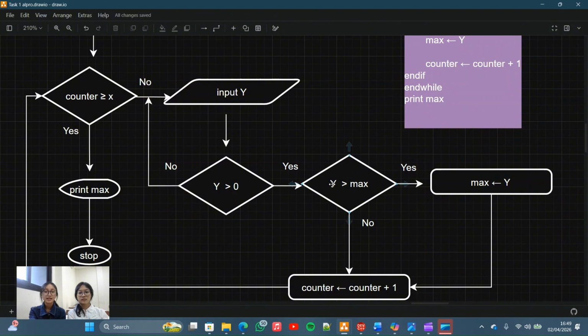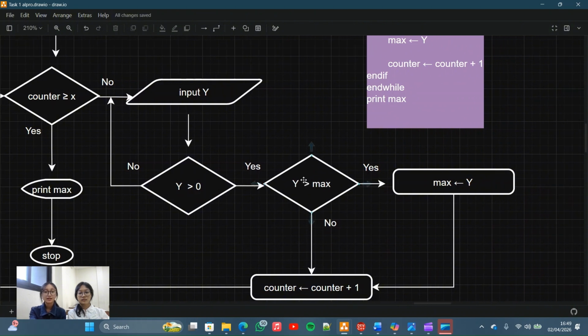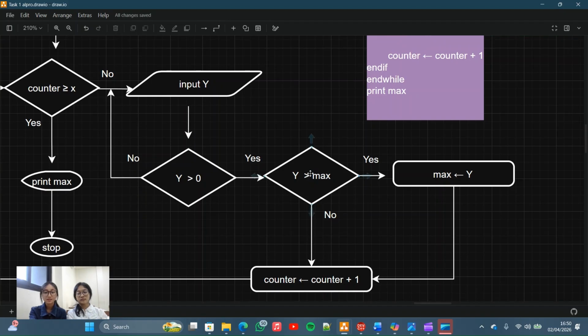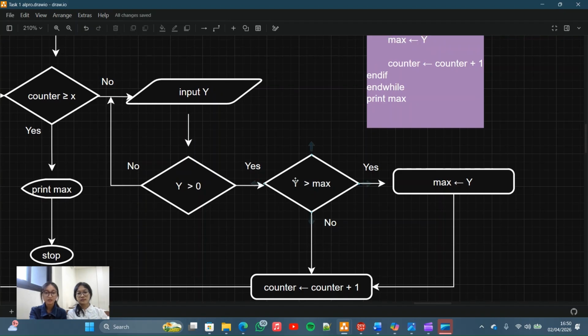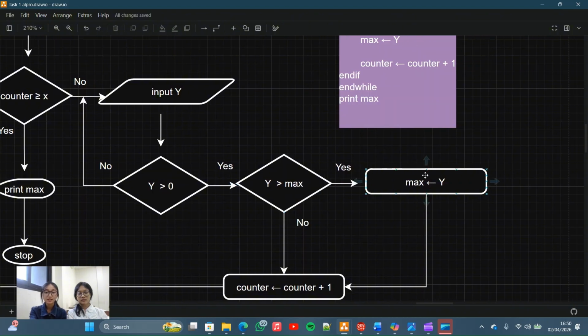If yes, then we ask, is the y number that the user just put larger than max? If we compare it to the first number, that means we compare the y number to the max, which was 0 before. If yes, then we store y to max.